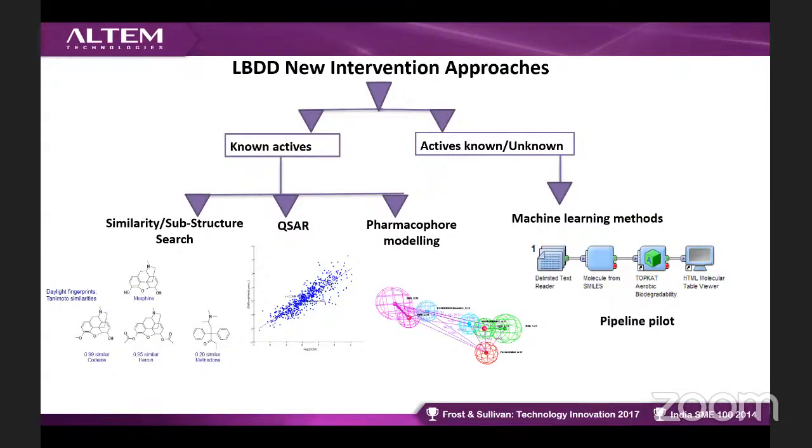So now, going to the new intervention approaches you can take up in ligand-based drug design. These are all the different approaches that you can do if you have your known actives. Known actives are nothing but the ligands, known ligands, or actives in the sense of biological activity. If you know the biological activity, or don't know it, don't worry about it, because in ligand-based drug